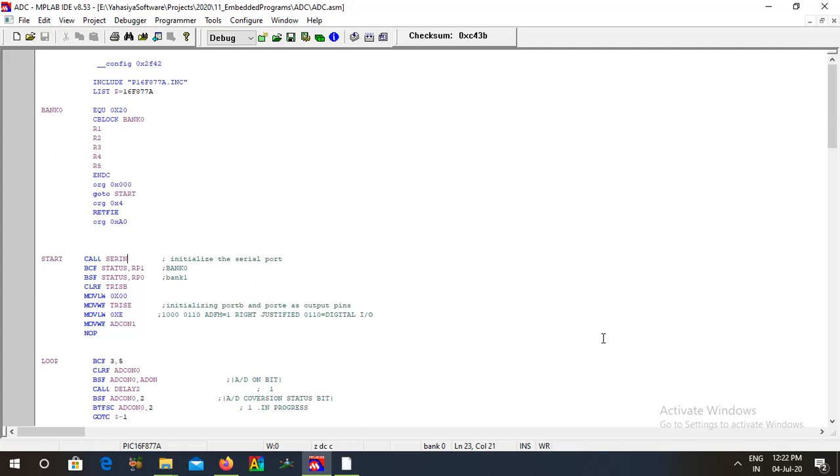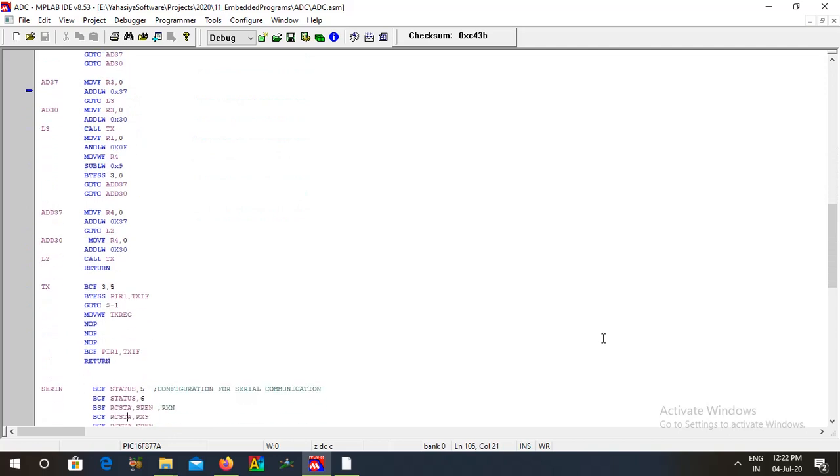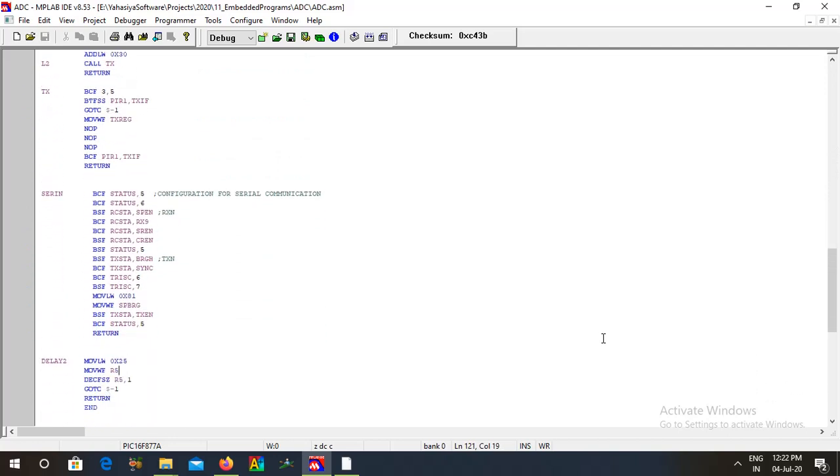Let us see what is there in that function. It calls this routine. Here, first I clear the bits with BCF, that is, I select the bank not by clearing status bit 5 and 6.